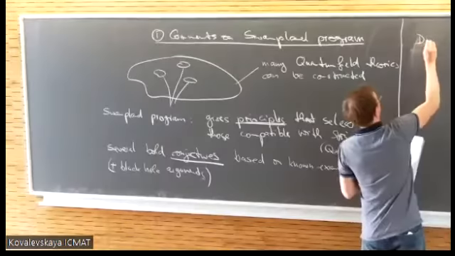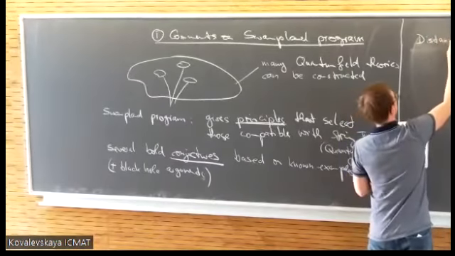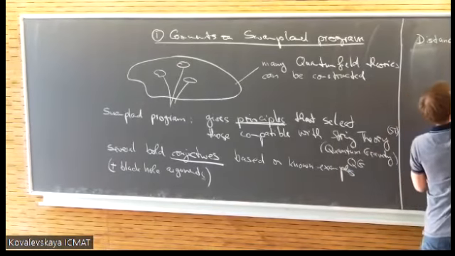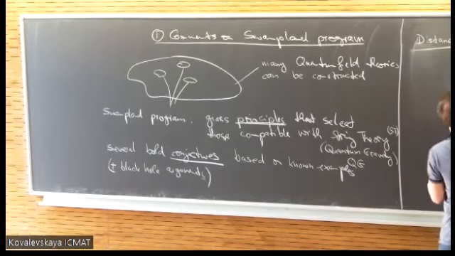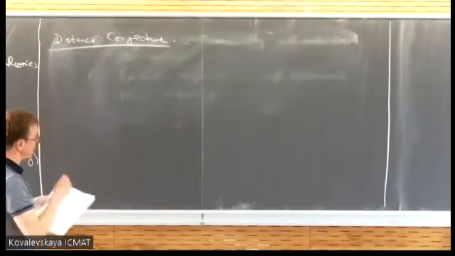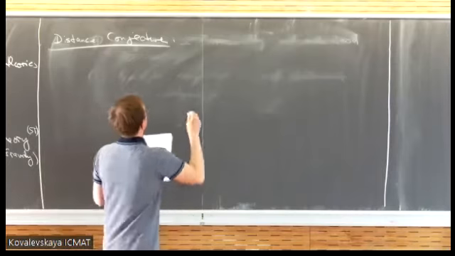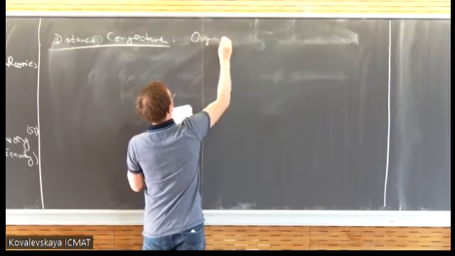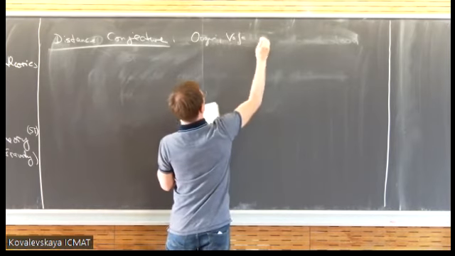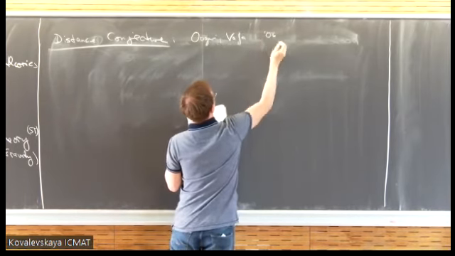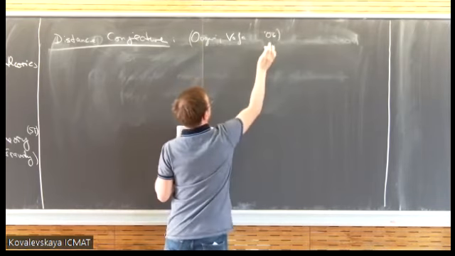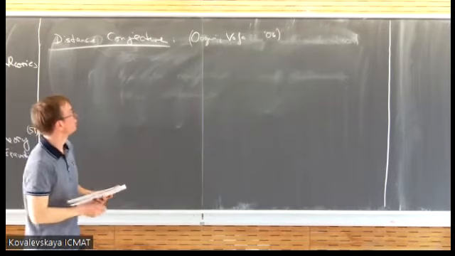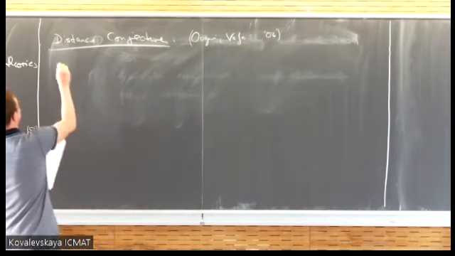One of them which kind of got me interested in the subject is the so-called distance conjecture. And now you have to bear with me for a moment. I will formulate them in a physics way. So it's by Ooguri and Vafa, and it's from 2006. So for mathematicians, that's rather recent. For physicists, it's rather long ago. So what is the statement?